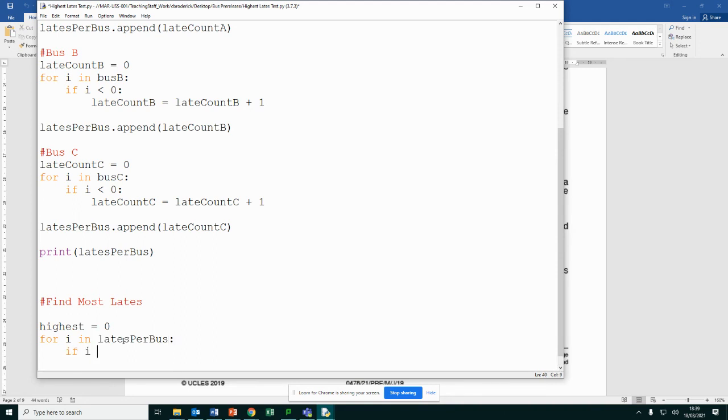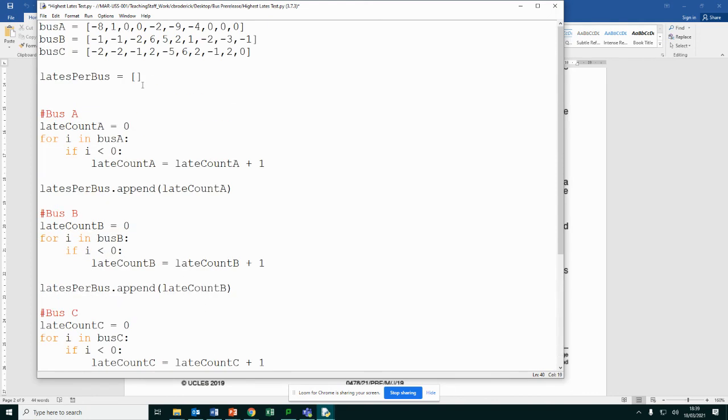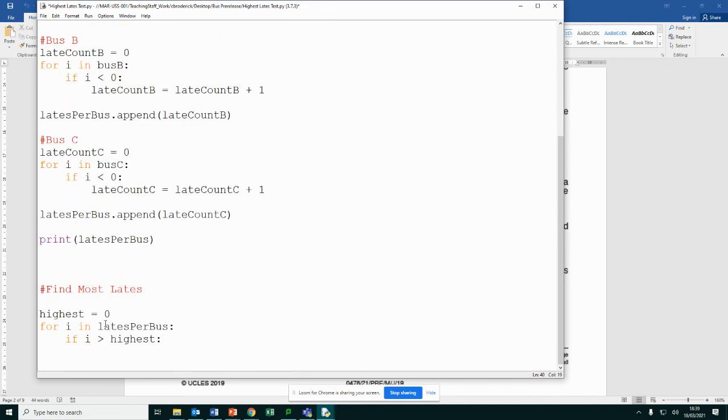If the number, as it loops through this list, is higher than 0, it's going to change highest to that number. If the next number is higher than that number, it's going to change it to that. If the next number is not higher, it's not going to change it. So if i is greater than highest equals